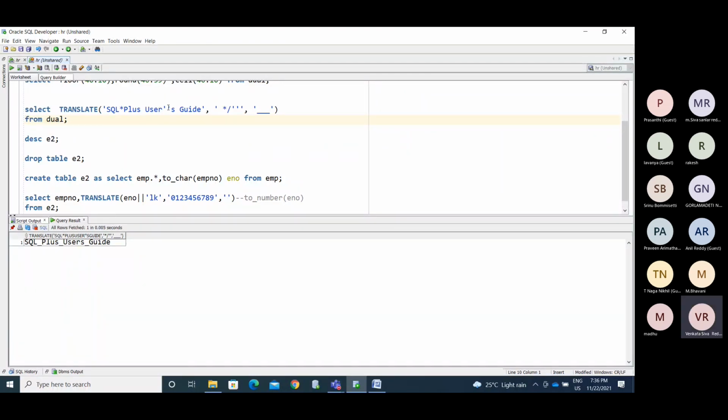What I'm performing here is, we have this string. In this, wherever we have this star slash, you make it an underscore. You have the star here, you make it an underscore, SQL underscore plus users guide. So you make it like that.